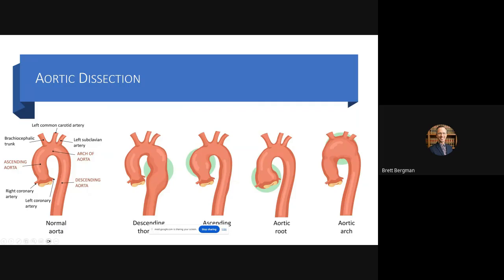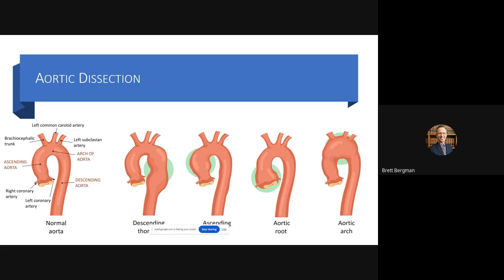The other thing that can happen that you'll see as a presentation of chest pain is if someone is having an aortic dissection. So coming out of the top of the heart is the aorta. It has a couple branches that go off, and this is important for one of the symptoms that can give you a clinical clue that a patient might be having this. And so you can have a dissection. You can have a dissection at multiple points along that aorta.